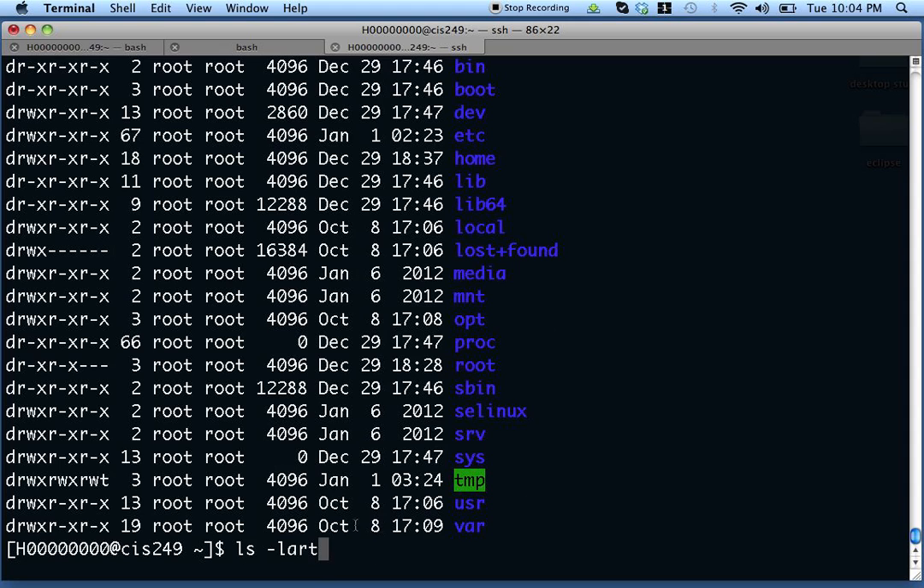So what I have told it to do with this ls -lart is I said I want a long listing, the L. I want to see all files, the A. I want you to reverse sort those files. That's what the R does. And I want you to sort by time for the T. So what that's going to do is put the most recently modified file at the bottom